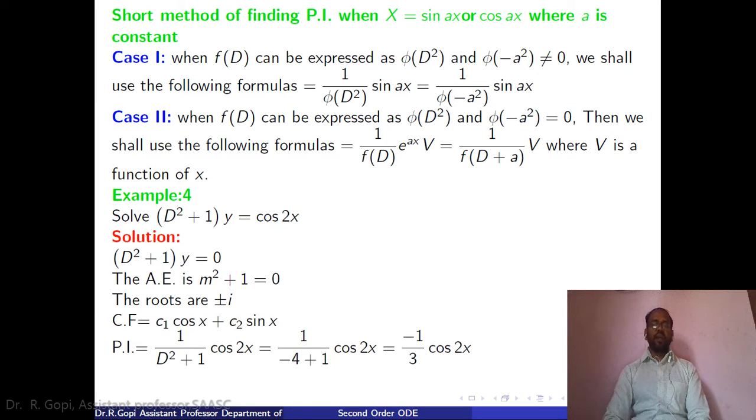Then we have to find the particular integral. So the particular integral is 1 divided by D squared plus 1 into cos 2x. So we replace D squared by minus 4. So 1 divided by minus 4 plus 1 into cos 2x, that is nothing but minus 1 by 3 into cos 2x. The general solution is y of x equals complementary function plus particular integral. The complementary function is c1 cos x plus c2 sin x, and the particular integral is minus 1 by 3 into cos 2x. Then